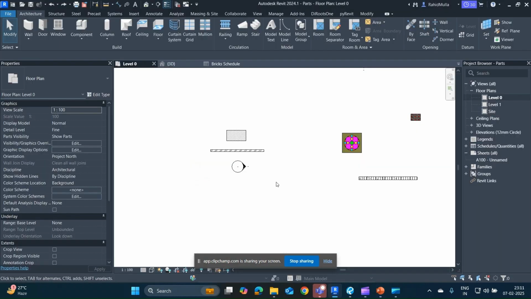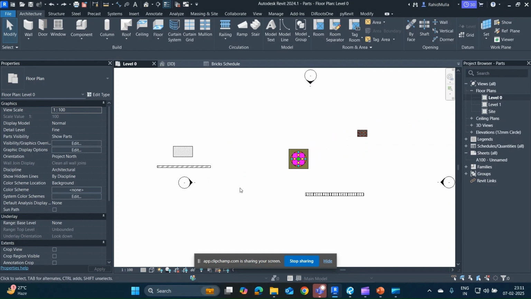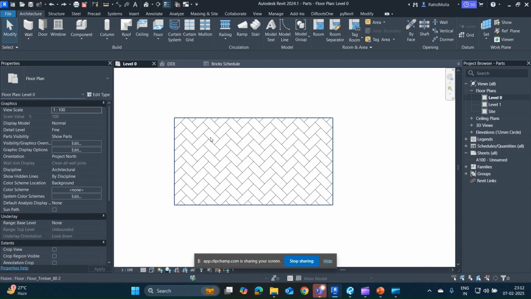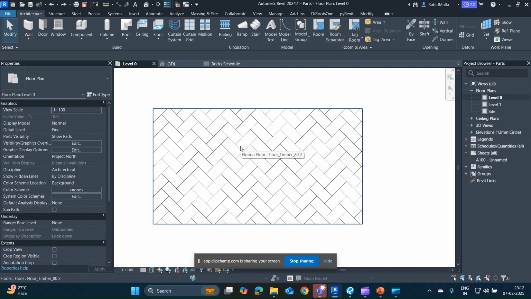So jumping on to Revit. What I have done here is I have drawn many elements. There is a wall, there is another wall, and then there are floors, and an undulated floor. What I am trying to demonstrate is, for example, this is a floor here, and you can see that I have applied a material, and this material is timber. This is a timber hatch which I have provided, and again you can clearly see that